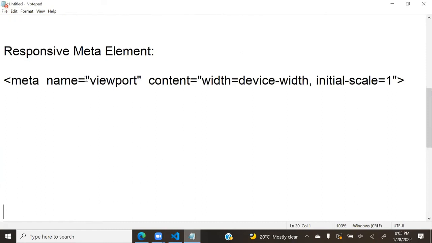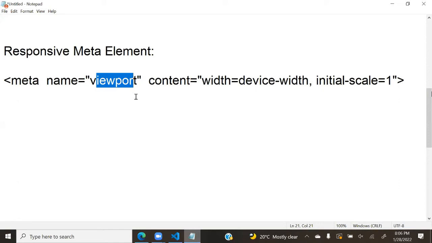Viewport indicates which device you are using to watch. Different devices have different viewports. Tab has a different viewport, laptop has a different viewport, and mobile has a different viewport.